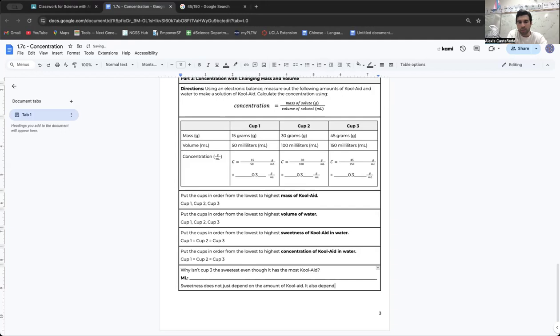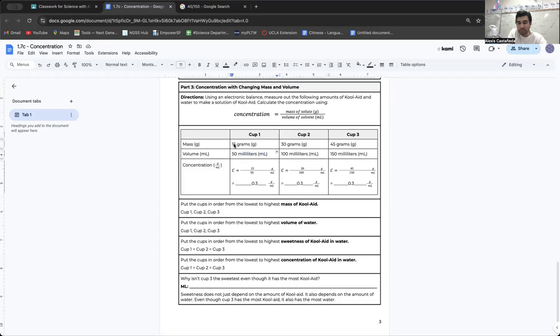It also depends on the amount of water. So even though cup 3 has the most Kool-Aid, it also has the most water. Same with cup 1. Even though cup 1 has the least Kool-Aid, it also has the least amount of water, right? And so the idea here is that sweetness,